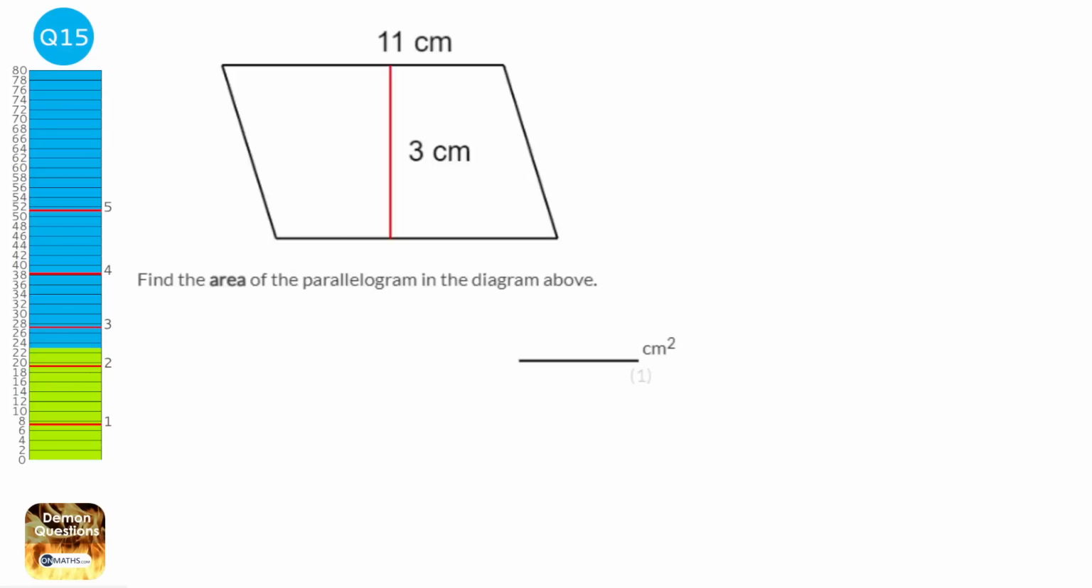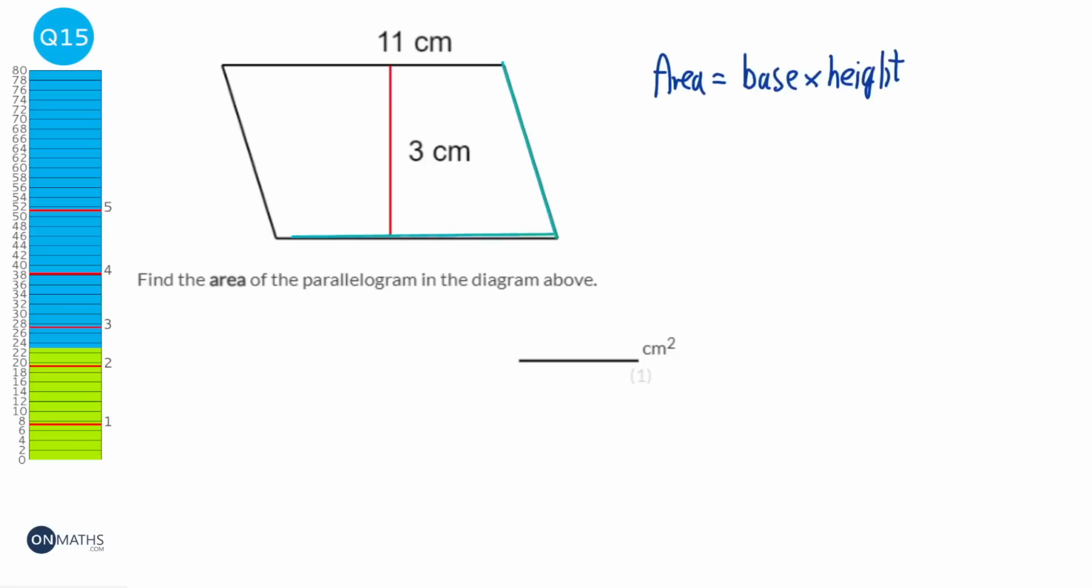To find the area of a parallelogram, we use a simple formula, which is the area is the base times the height. Now the base and the height must hit each other at 90 degrees, so this length here is not counted as the height because it doesn't hit the base, which is here,